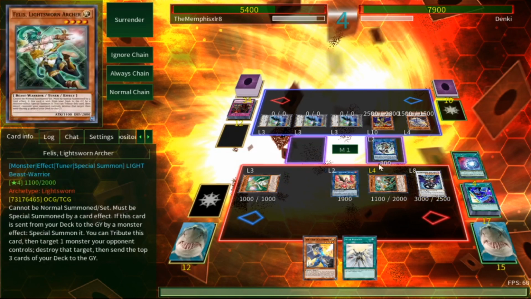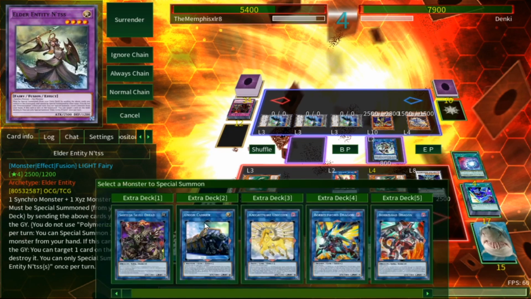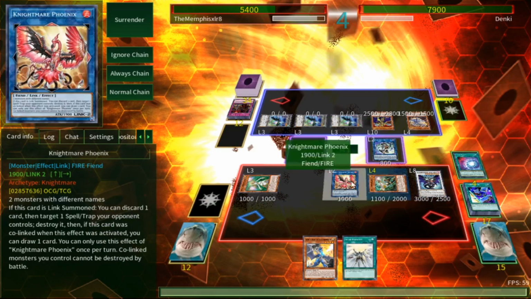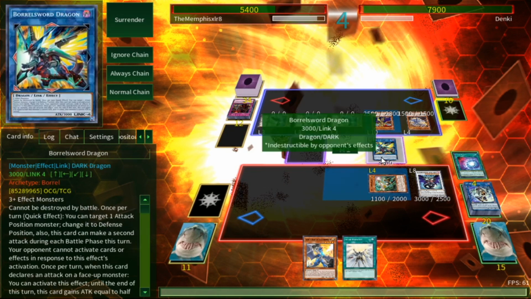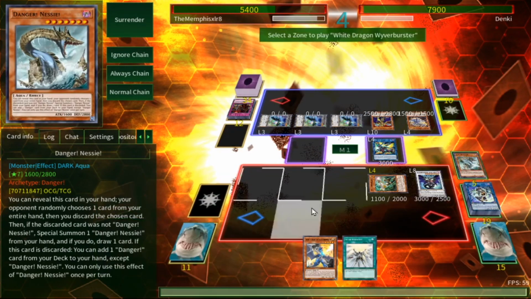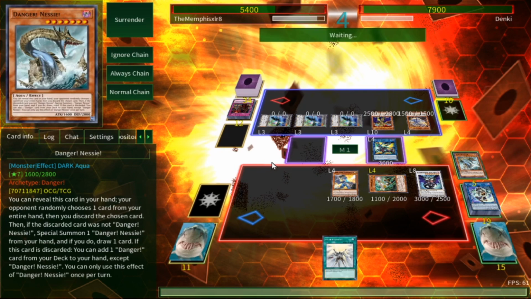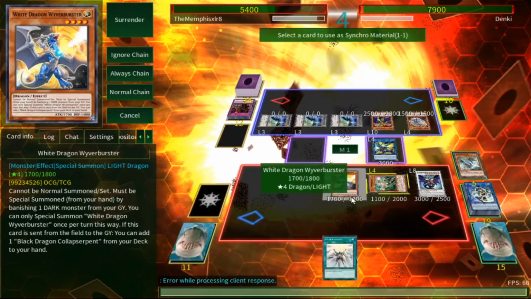Oh, wait, I need to use multiple monsters. Never mind. I want to keep... Well... Yeah... As much as I want to keep all the things on the board, I'm going to make Boral's Sword, because I can. I want to make Boral's Sword because I bloody well can. So let's go ahead, banish a dark monster, Wiverbuster, make Borlode Savage. This time,